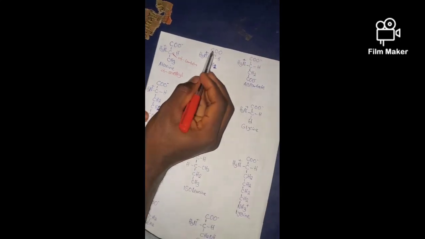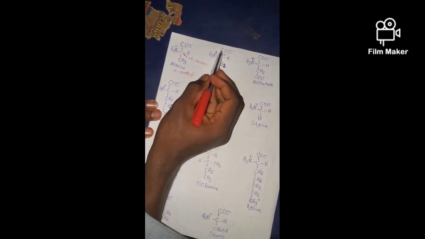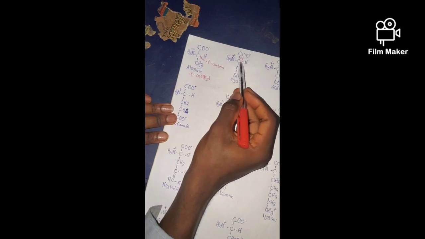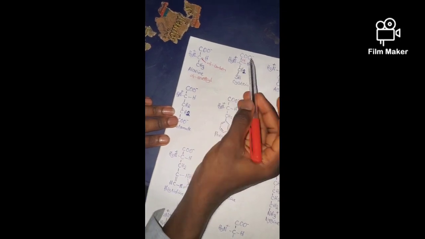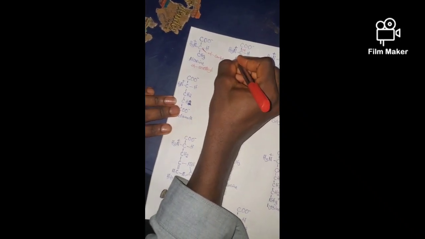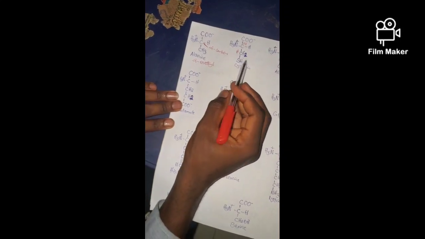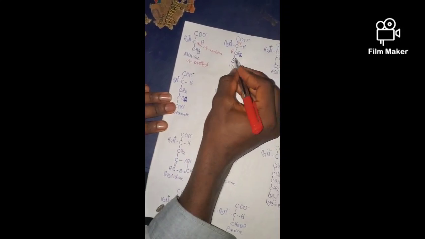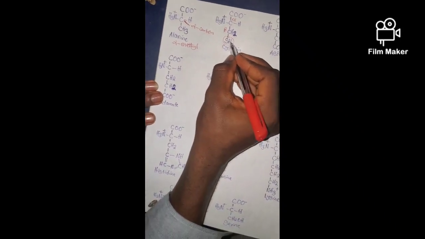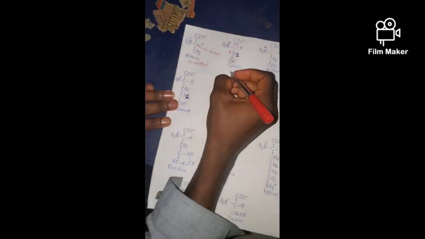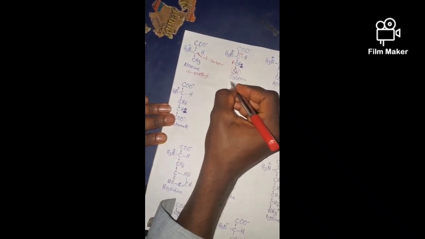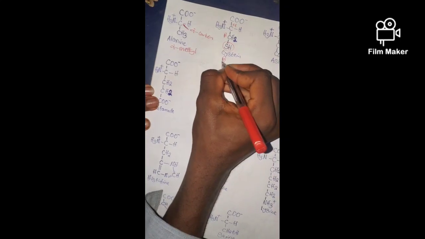So we don't start our numbering from the carboxylic group here. Are you getting it? So this becomes the first one, the second one. Okay, so this first one is called the alpha carbon, and the second one here becomes your beta carbon. So on the beta carbon, we have these constituents. Okay, we have this attachment. This is sulfur hydride. Okay, so we can abbreviate the whole of this structure to be beta